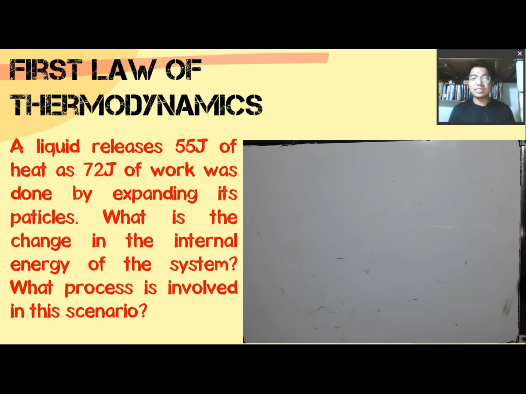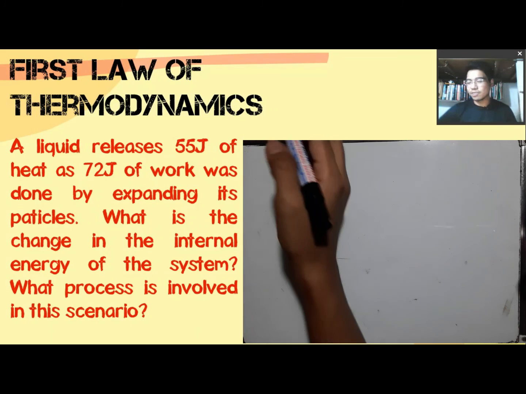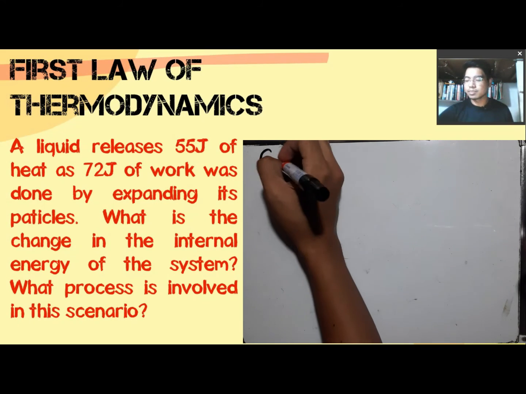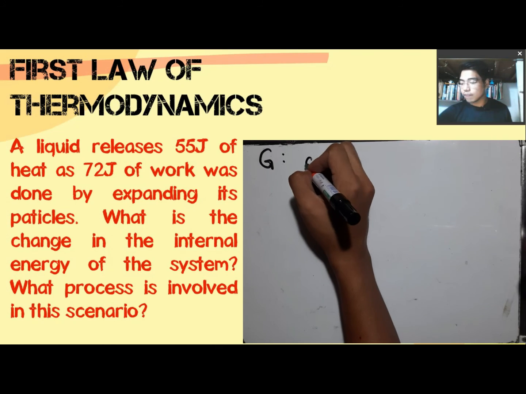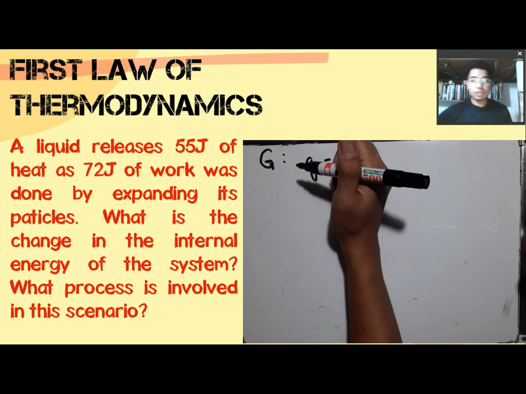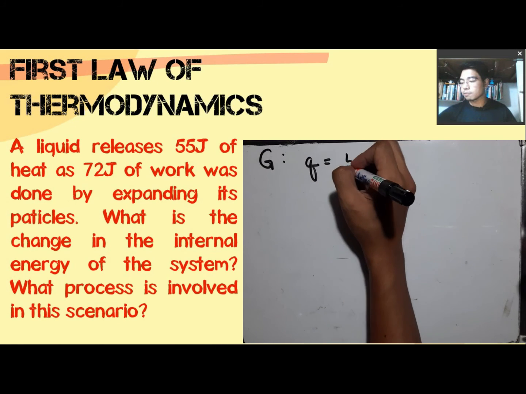Now, let's consider another example other than what is mentioned in your module. In this problem, a liquid releases 55 joules of heat as 72 joules of work was done by expanding its particles. What is the change in the internal energy of the system? What process is involved in this scenario? Okay, so once again, we are going to use the GRESA. Let's start with the given. We have heat. According to this problem, the heat is equivalent to 55 joules,